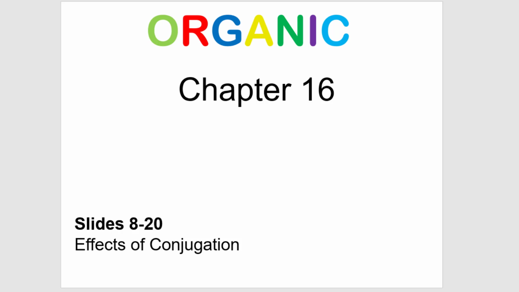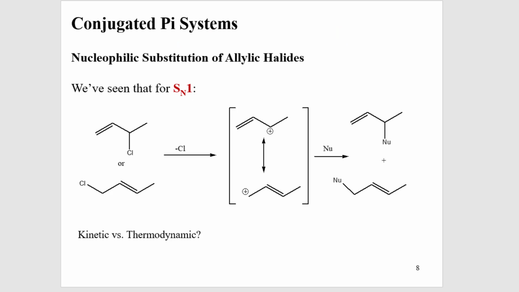In this section, we're going to look at more effects of conjugation on reactions we've already looked at in previous chapters. I'm going to go back to SN1. After looking at the NBS reaction and considering that you end up making a radical intermediate, you had to consider, before finishing the reaction, that this radical intermediate is conjugated and thus resonance ensues, giving different options